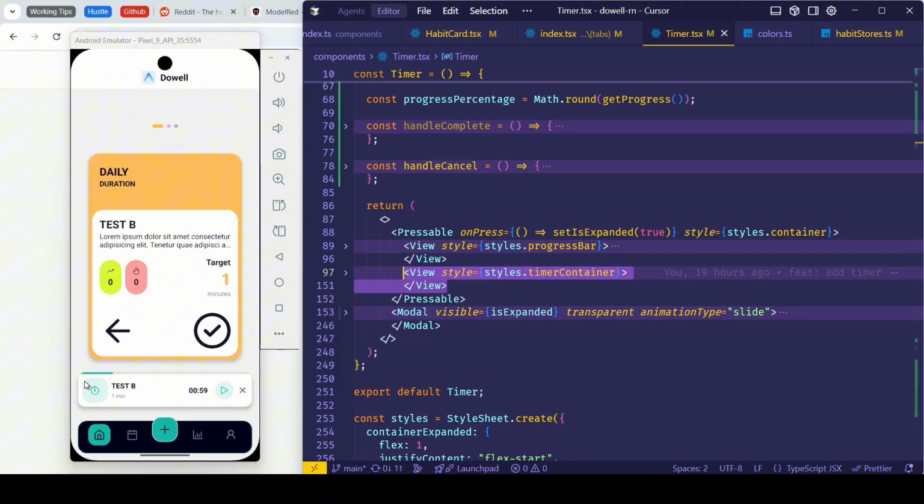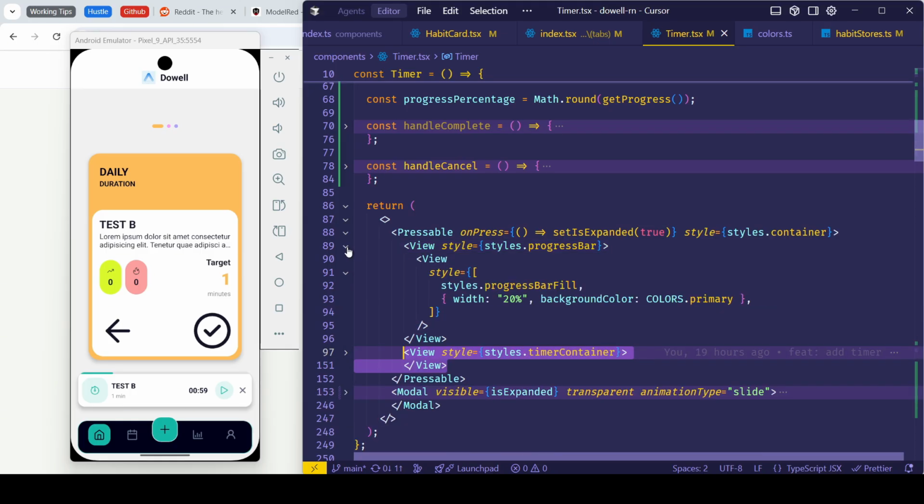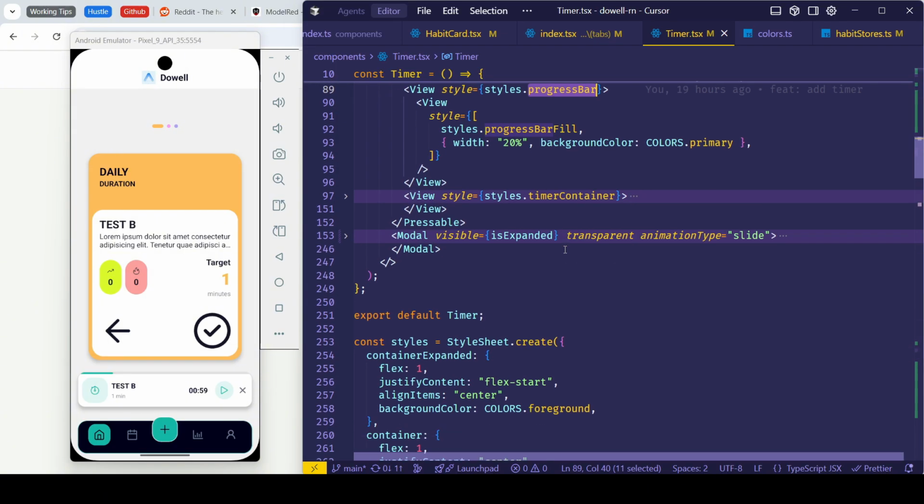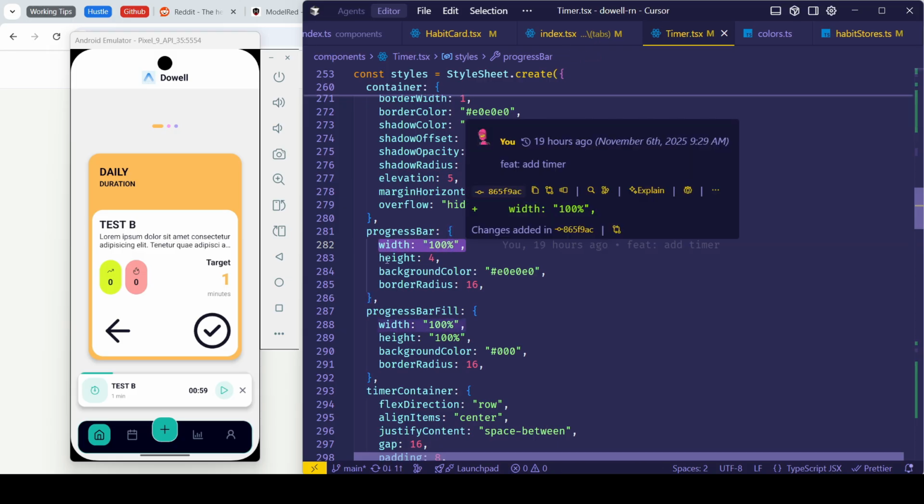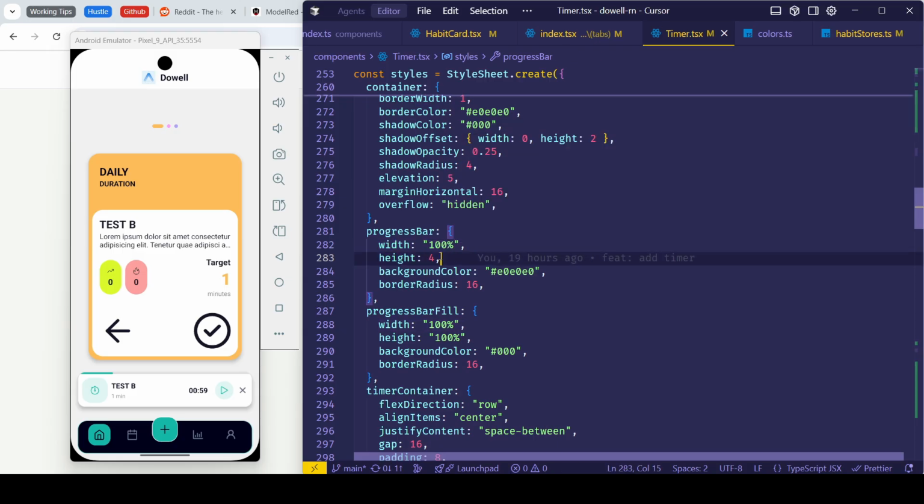No, not a little component, but an atom component. So in the progress bar, you're just playing with a few components. In the wrapper of the progress bar, you can style it with the width and height. The height I set to 4, and the background like this, gray, and the border radius.